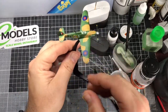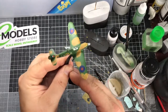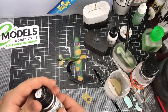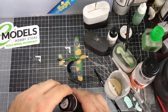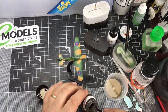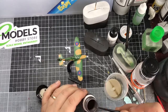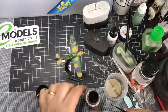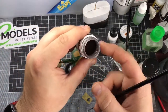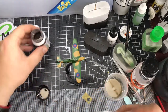One last thing, now I've done the matte varnish, is to add something to the back of the propeller. I'm going to try a pigment, metal slag, lovely name. Again, pigment, something I've not done before, so we'll see how that works out as well. A lot of firsts on this video. Right, again, it's just the powder. So you load up the brush a little bit